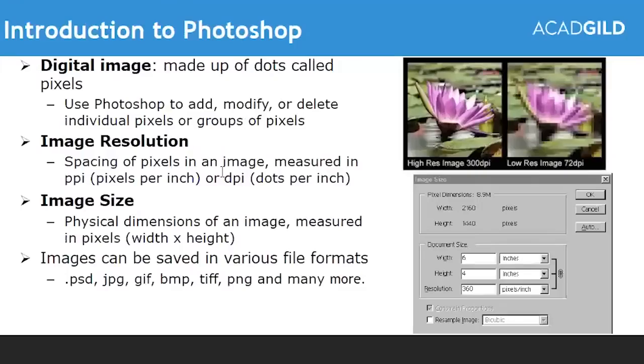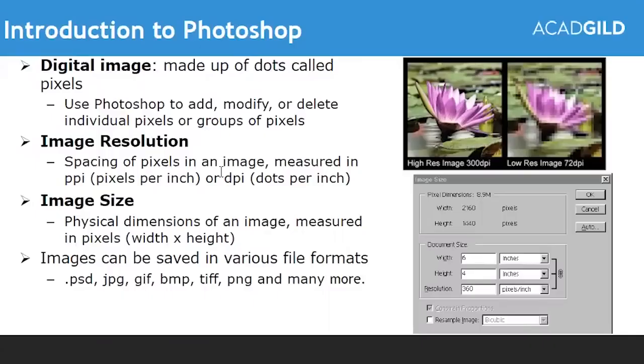So, introduction to Photoshop, digital images. Digital images are made up of dots called pixels. One term that you need to know is that all raster images are made up of tiny square dots